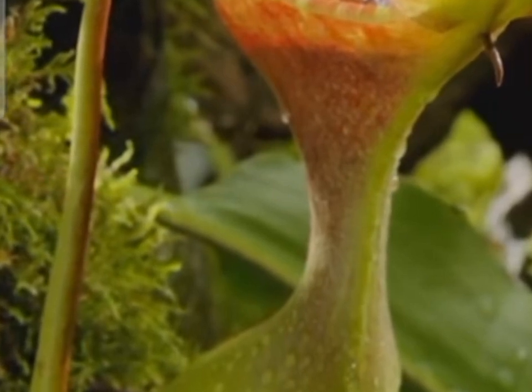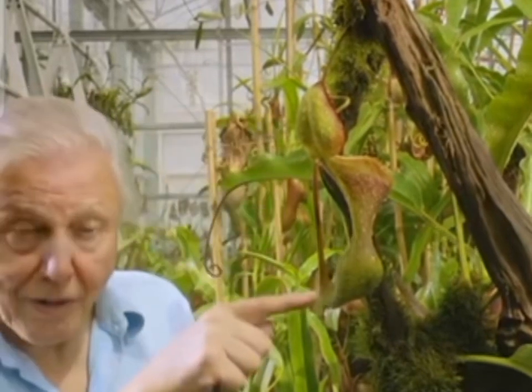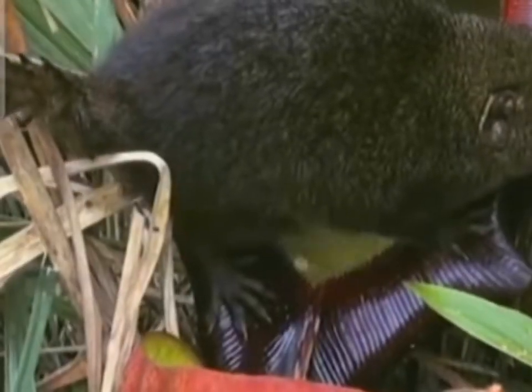The tree shrews come to lick it, and when they do, their rear end is directly over the pitcher so that their droppings fall into it. And it's that provides this plant with its nourishment. It's even been suggested that nectar contains a